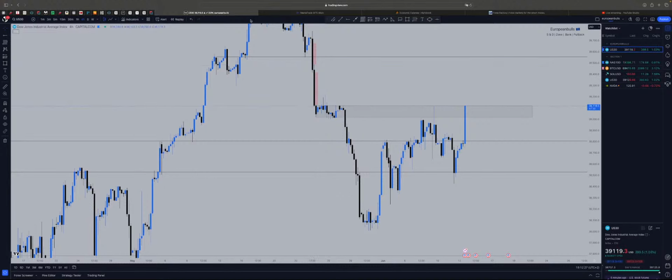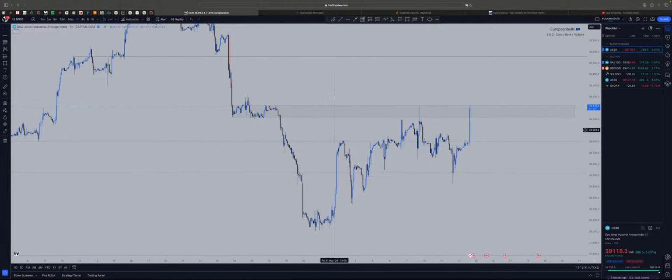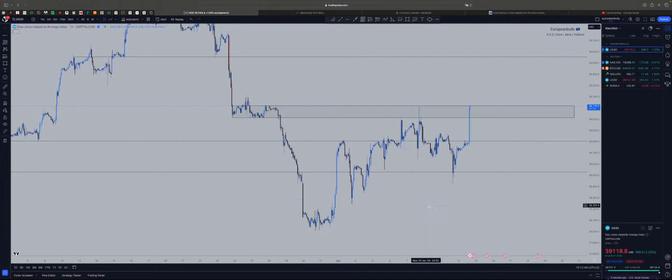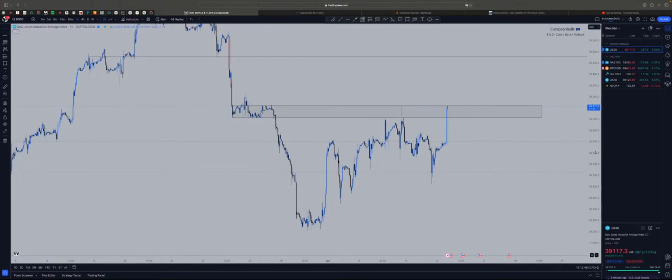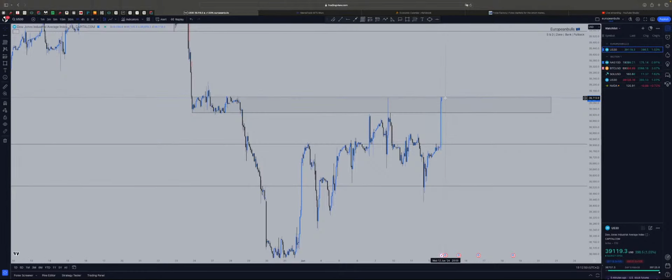Now let's refine the chart into a lower time frame. Let's go to 1 hour and see what's going on. In 1 hour you can see the price is here, but let me make it a bit more visible for you guys so that you could see it properly. Now you can see the price is around this area. It's trying to break above, or it would go for a sell.